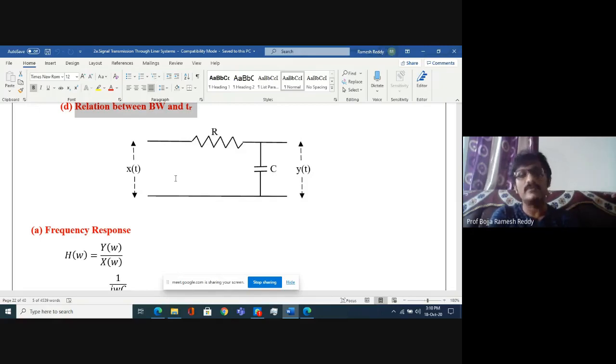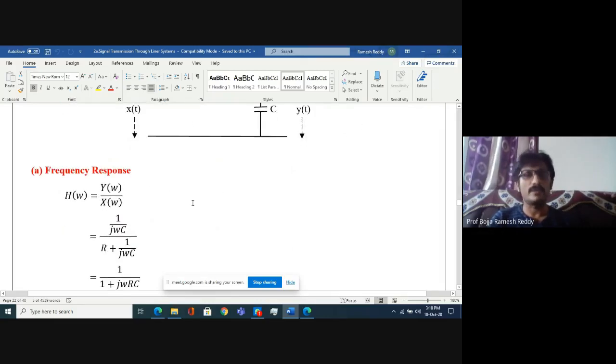If the input signal frequency is high, then capacitive reactance, which is 1 by very high, becomes very low. Very low means short circuited. The capacitor gets short circuited for high frequencies. Output across a short wire is always 0, which means this circuit does not allow high frequency signals. For high frequency signals, output is 0. For low frequency signals, output is equal to input. Therefore, this circuit acts as a low pass filter.